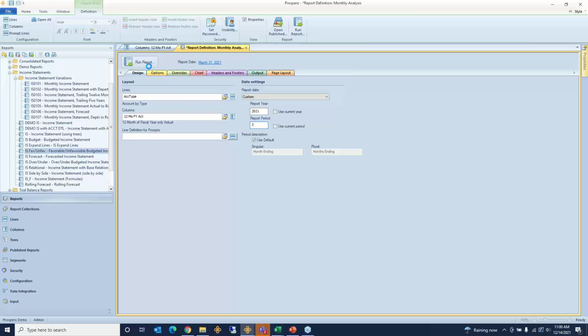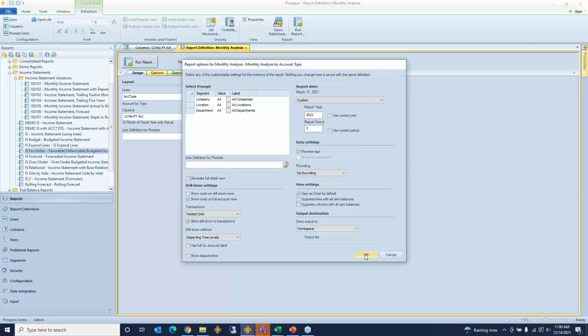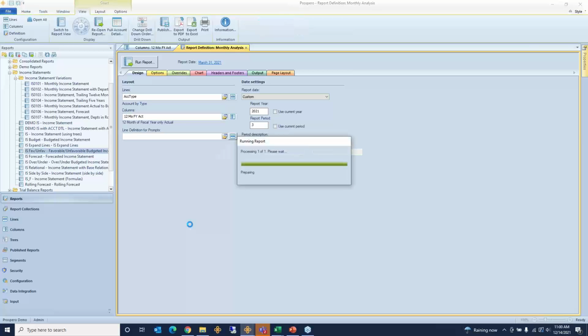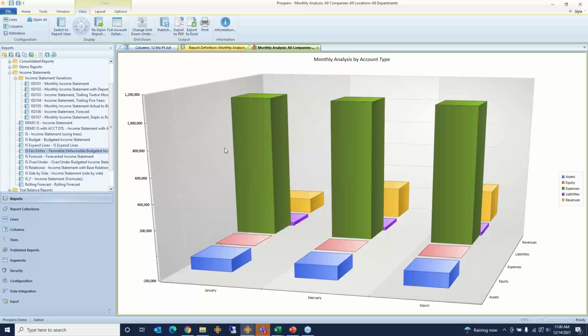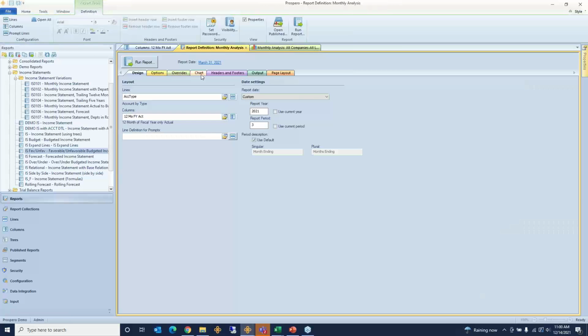Now here is where I feel me as maybe the CFO or even my manager, I feel shortchanged and let down when I'm viewing this report because I'm only going to see 3 months of data where I'd rather see a full year of trend. Now notice this report is immediately going to the graph view. And on the chart tab,